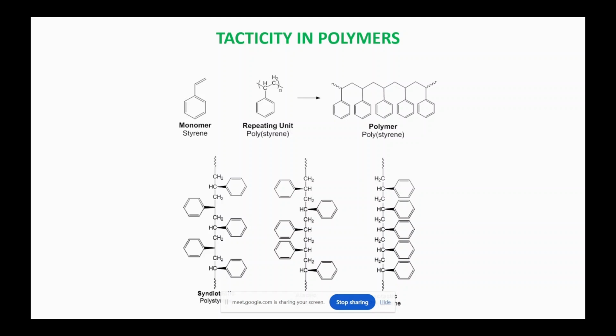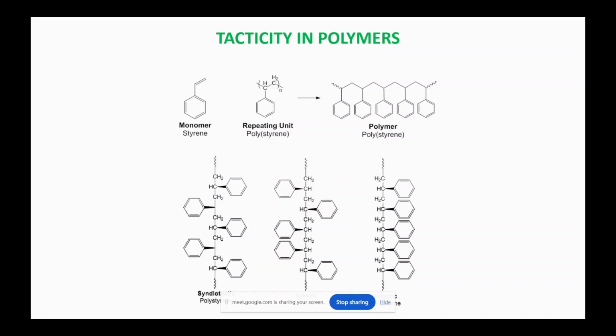Apart from that, we have to discuss, in order to do this, how we polymerize the monomer. Depending upon that, this can be changed, and depending upon this tacticity, your properties can be changed. So coming to polymerization, there are multiple different polymerization techniques. I hope everybody will know, since people have been through the course, you guys will be knowing better.